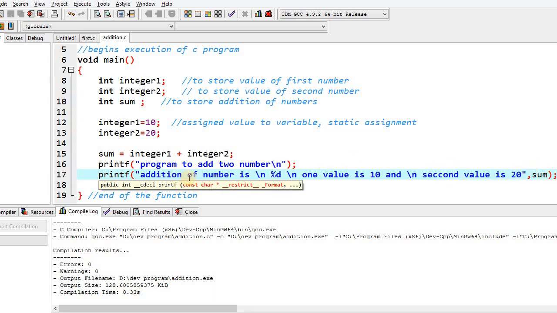You can see that this is at this place after number is, then new line, and over here there is a %d. So that's why the value of sum will be printed over here only, not somewhere else. Okay. So this is all about how to add integer values in static.